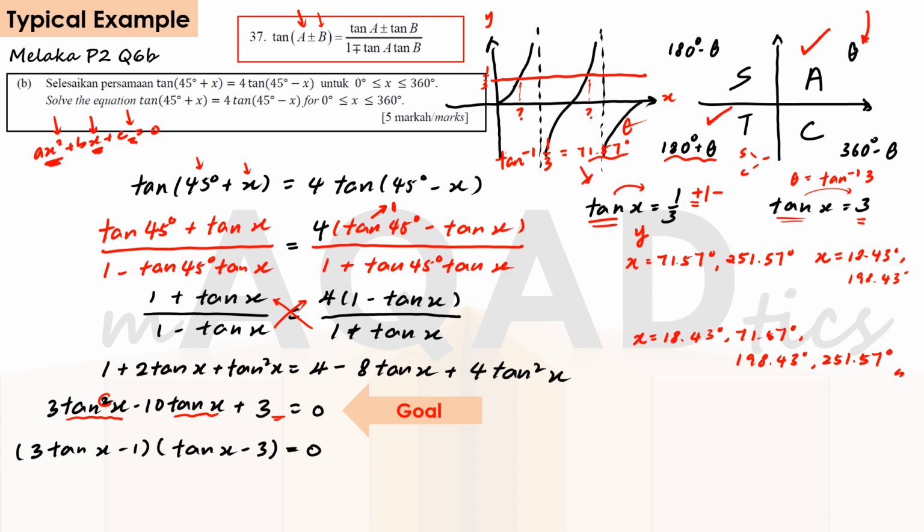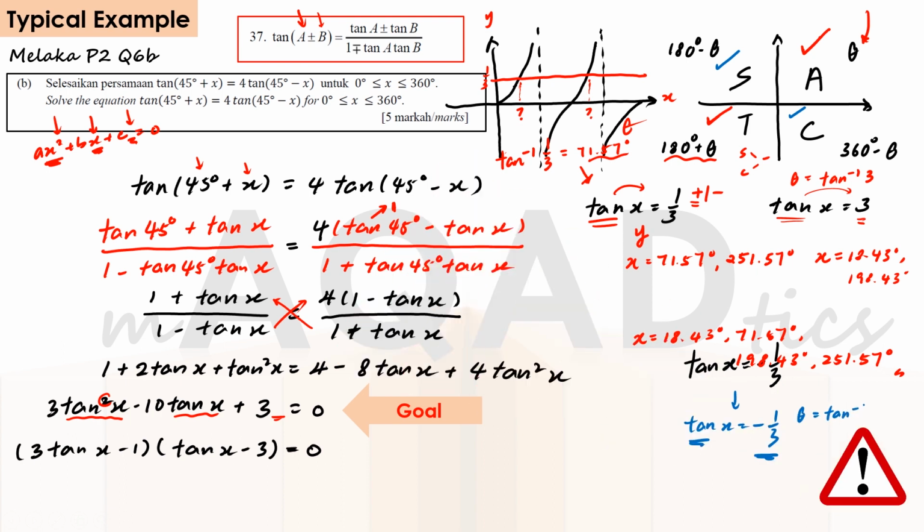of x. Alright, another extra question, which is, what if, let me write at the bottom here. Right, so what if the tan here is negative? What should we do? From the whole process, we just need to change one thing, which is which quadrant should we choose. So just now it was positive, so we should choose A and T, but now it is negative, so we would choose S and C, because these are the 2 areas that T or tan